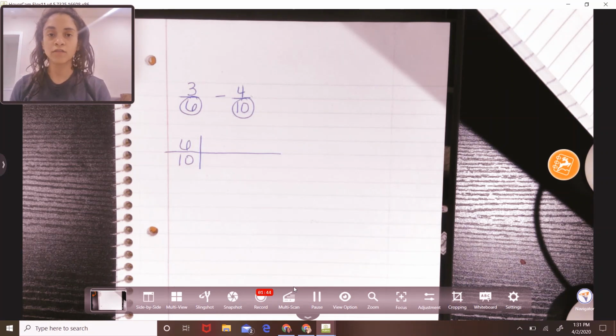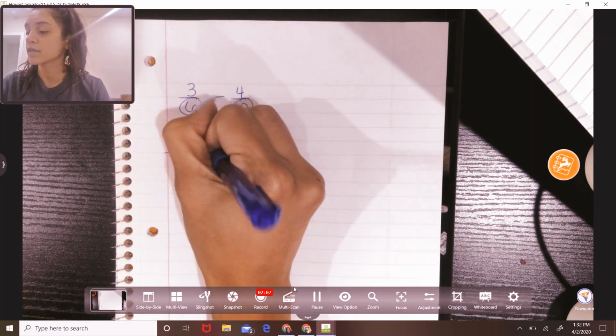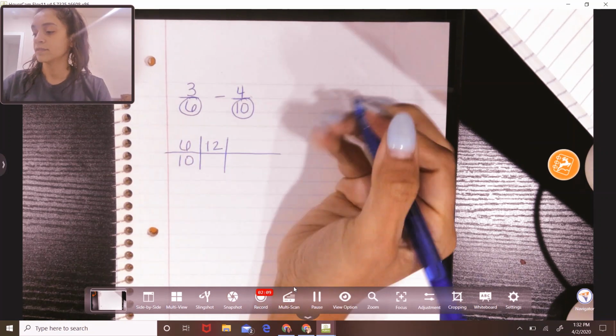Now you're looking for the lowest common denominator. So all that means is you want a denominator that they have in common. Common means similar. So we're going to do that by, in our table, getting all the multiples of 6. All that means is you're counting by 6's. So you have 6, then we have 12,